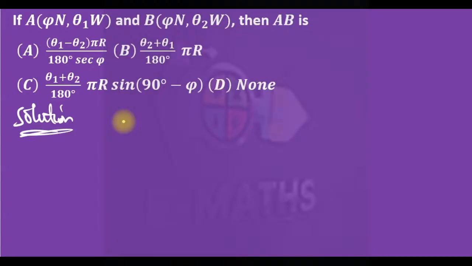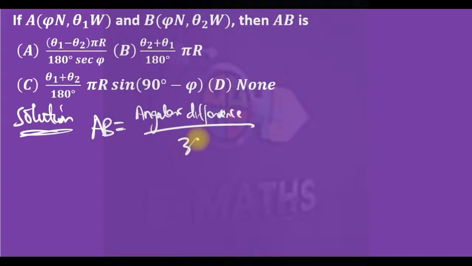While if they have common longitude, the distance is along the longitude. So looking at this question, they have common latitude, so the distance must be along the latitude. And we know that the distance is always the angular difference. Since the distance is along the latitude, the angular difference will be either addition or subtraction of the longitudes times 2 pi r, and the r we are going to use